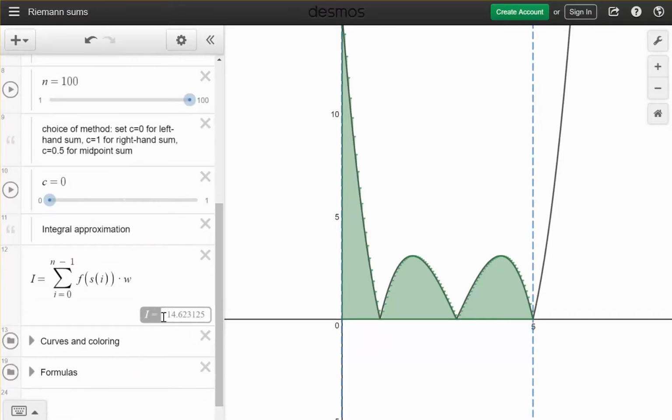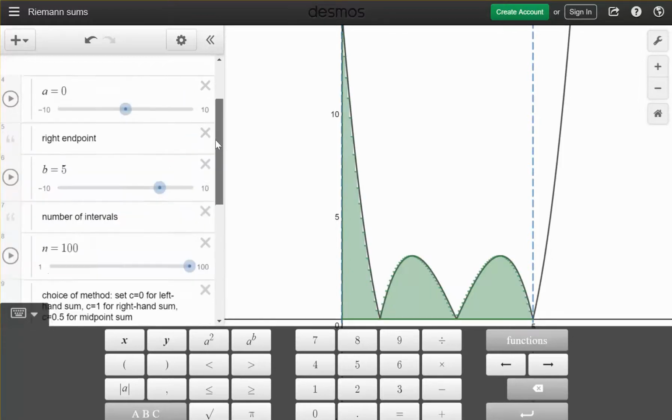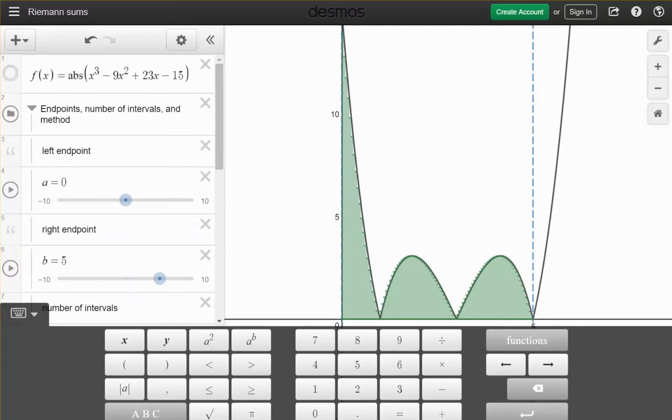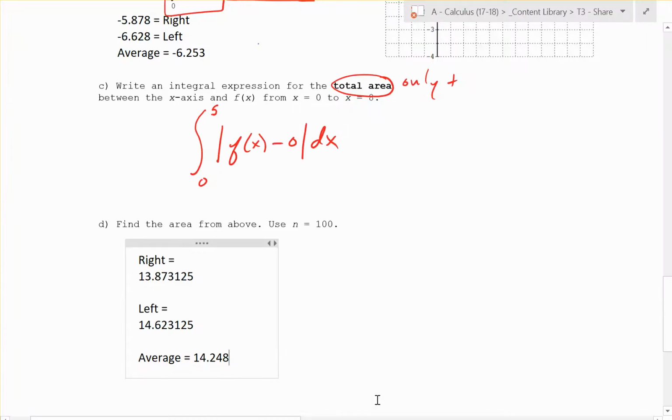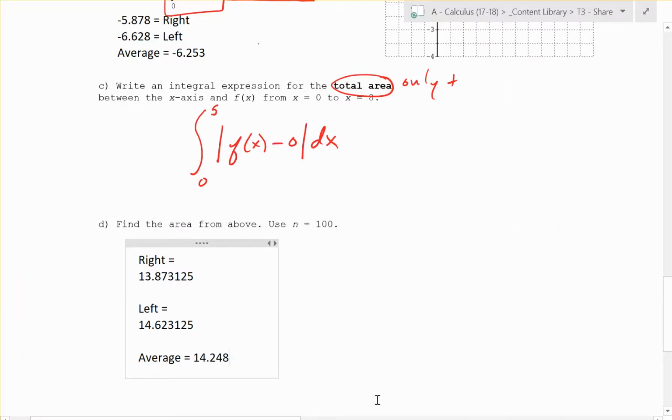we could do it with a left and right estimates right there, left hand and right hand. So you get 14.6, change it, and then you get 13.873. You can average those two. So it's only positive when you're doing total area. Net area, you would take out this absolute value. If you want the total area, you just do the left and right using our Decimus Riemann calculator and then average them to end up with 14.2